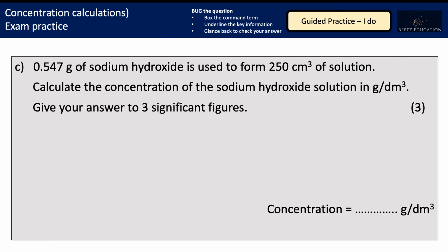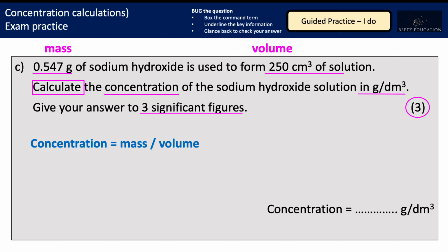Final one from me. I've been asked to calculate the concentration of sodium hydroxide in grams per decimetre cubed. Again, I've decided to assign what those quantities actually are telling me in the question. I've written out the equation I'm going to use. However, I've flagged here that there's a difference between the volume and the concentration that I'm looking at in terms